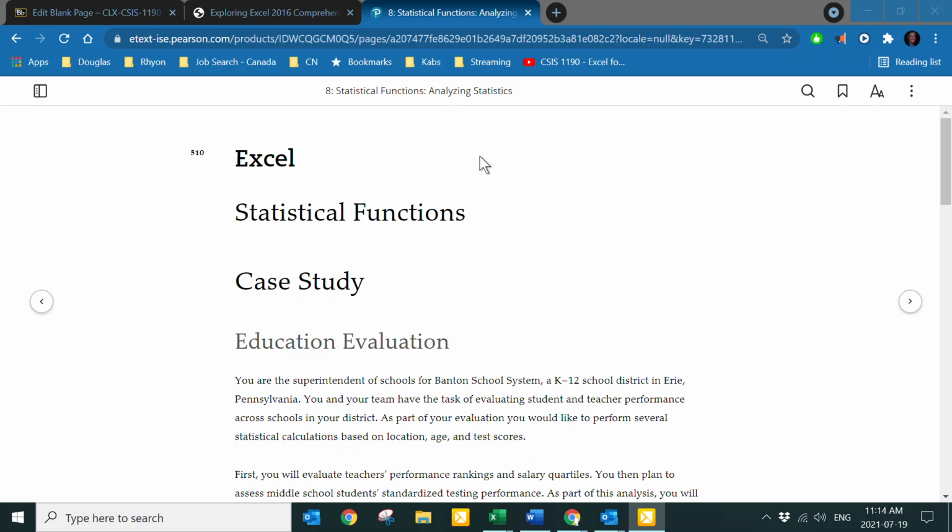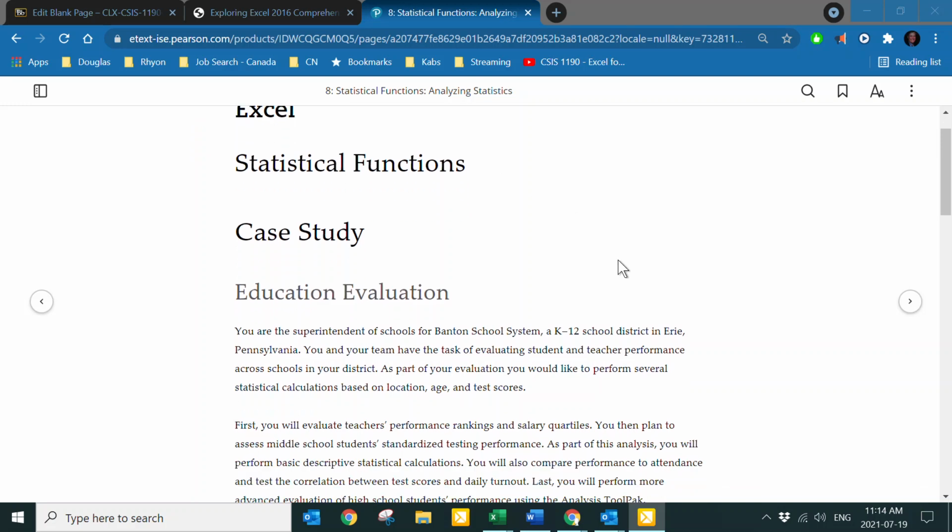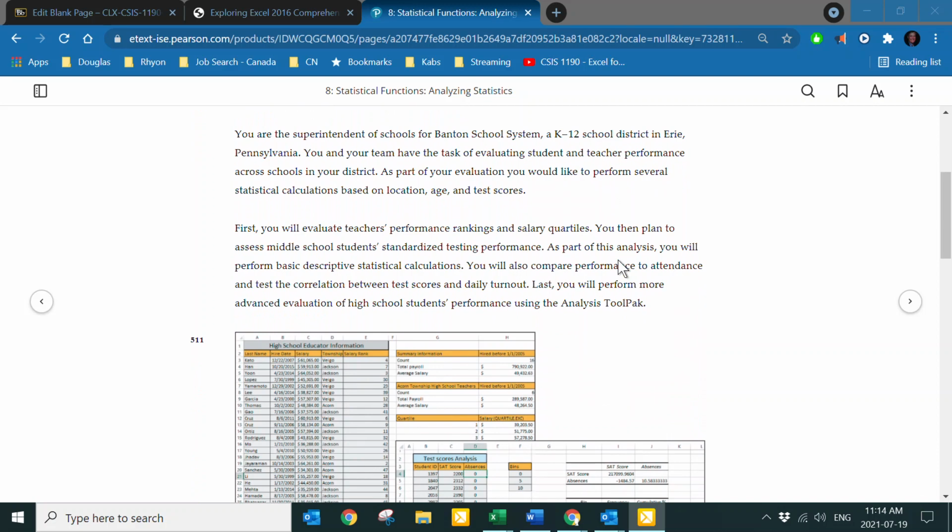All right, welcome back. In this chapter, chapter number 8, we're going to be looking at statistical functions. So we'll be carrying on learning more advanced functions and features. This is not going to be a statistical class, but we're going to be showing you how to use statistical functions in Excel. You'll still have to learn how each of these functions work and what the numbers mean. We're not going to talk about the meaning, but we're going to talk about how to develop and get the